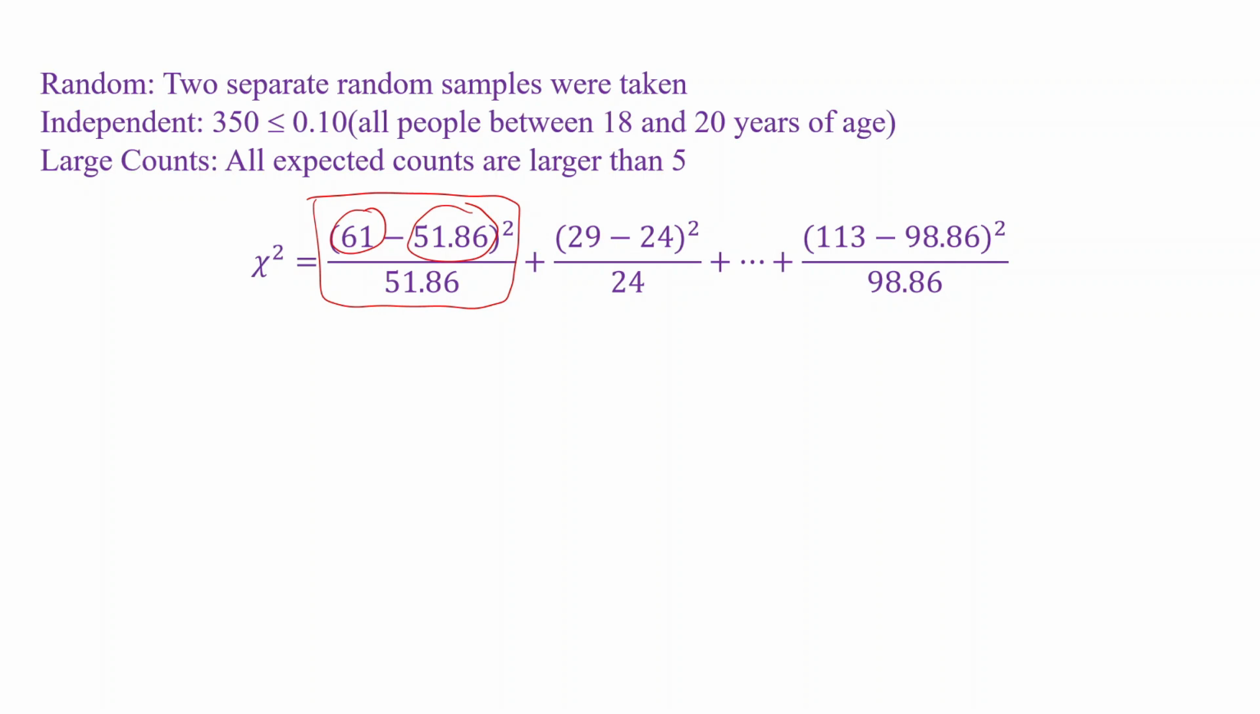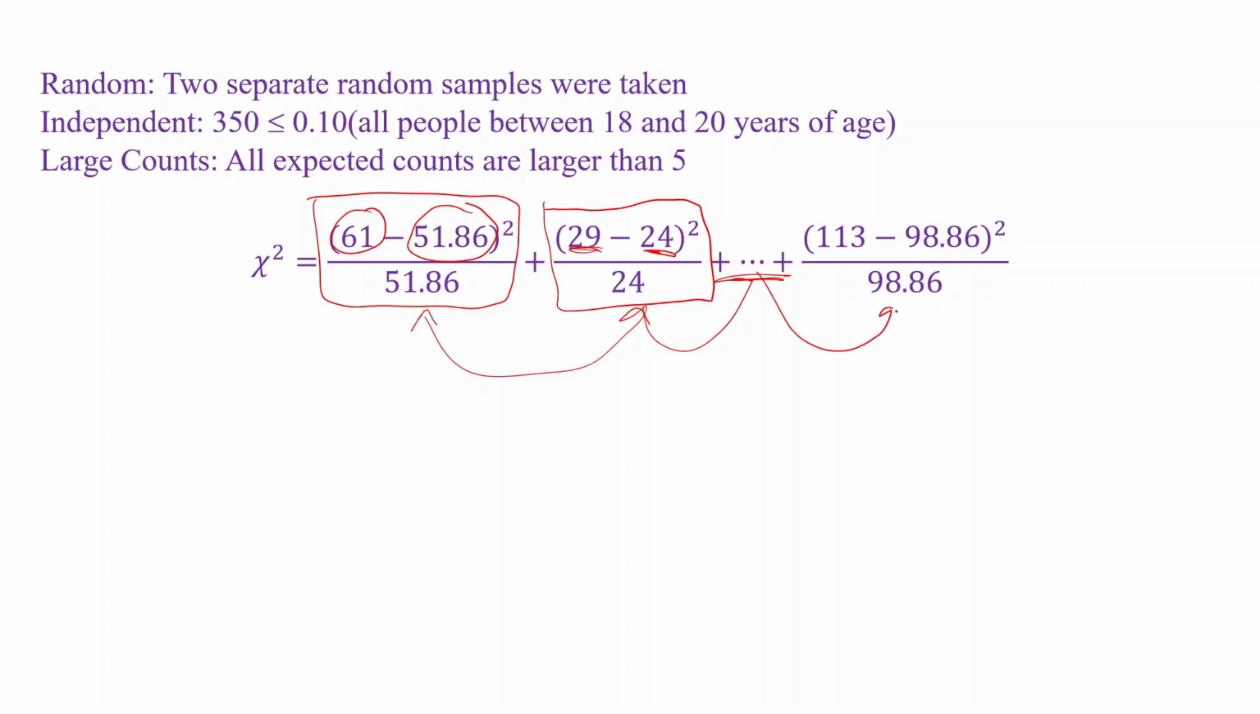And then I move on to the next cell, and that's going to be females living in an apartment. I observed 29 females living in the apartment. I expected 24. So I do that contribution. Now, when you're actually writing this out, you don't have to write out all 6 contributions. For the AP exam, they are happy if you show the first 2 contributions. If you put a little plus